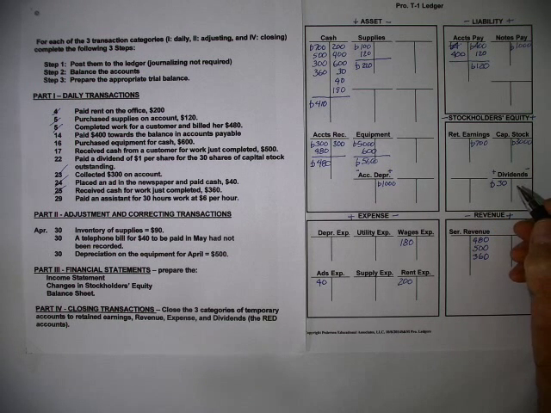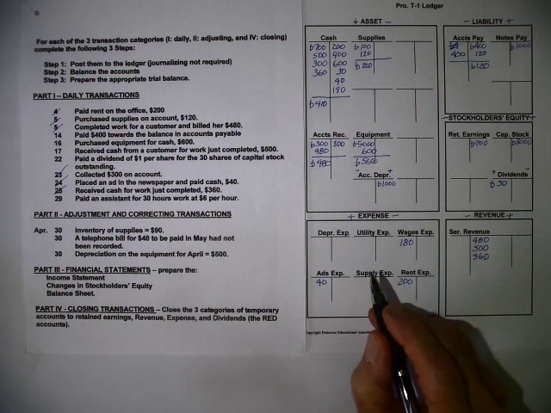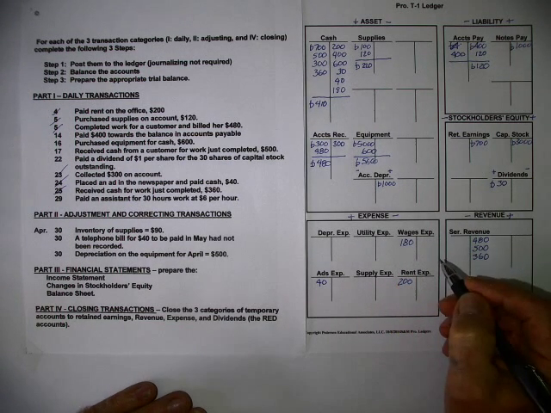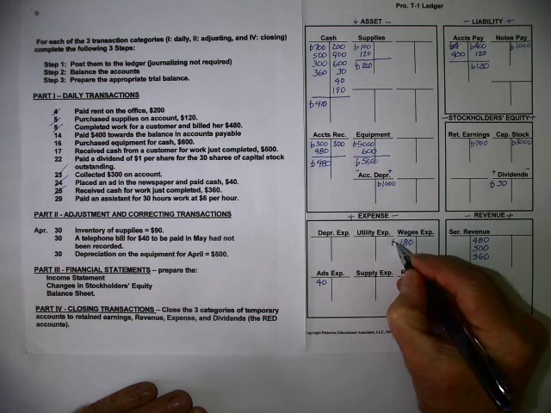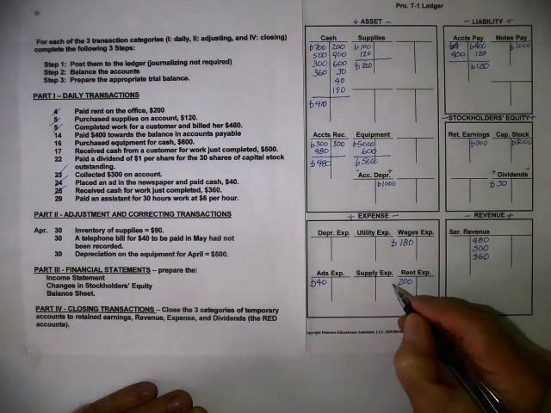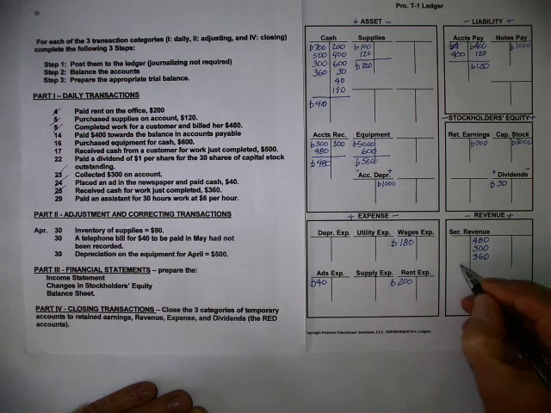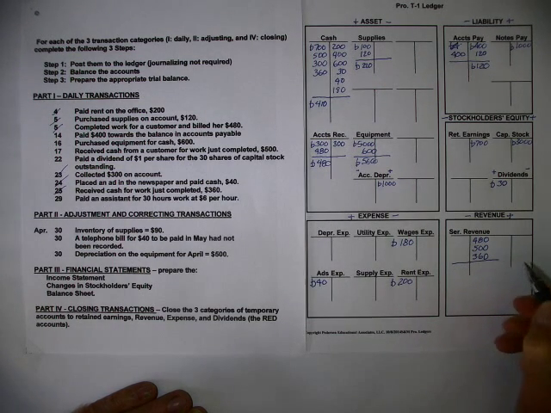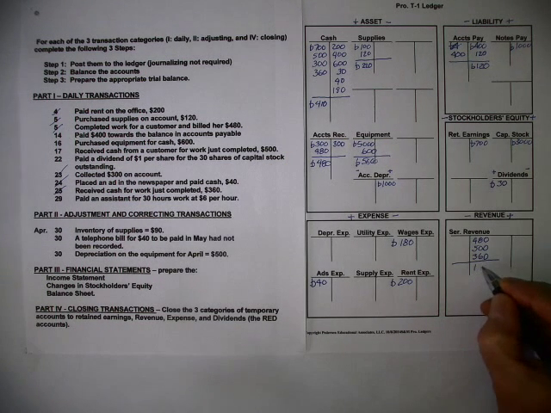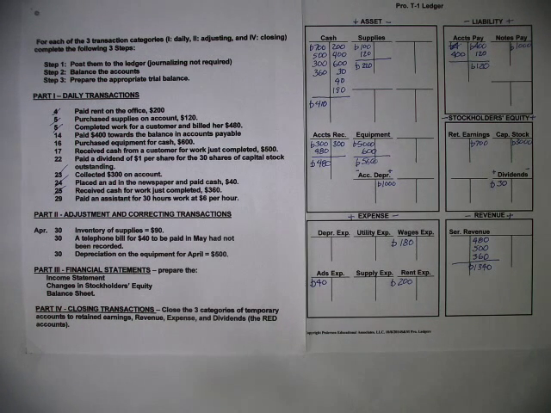All right, now let's drop down to the expenses here. Wages expense, when there's a single number in the account, that is the balance. So I simply just put a B beside it. Same with ads expense and rent expense. And our service revenue now adds up to a balance of $1,340 with a B here. Okay, so now what we have done is recorded the daily transactions, and the final step